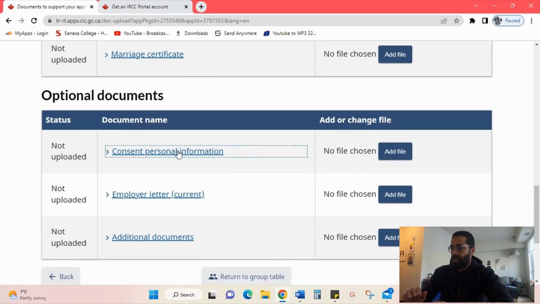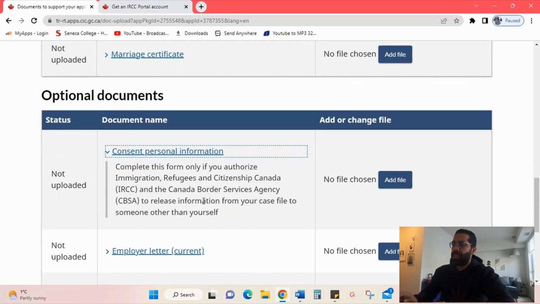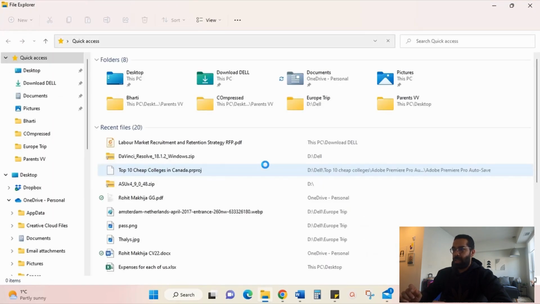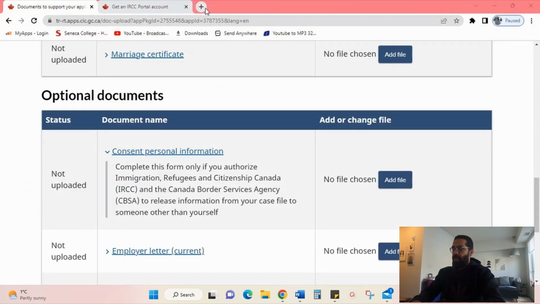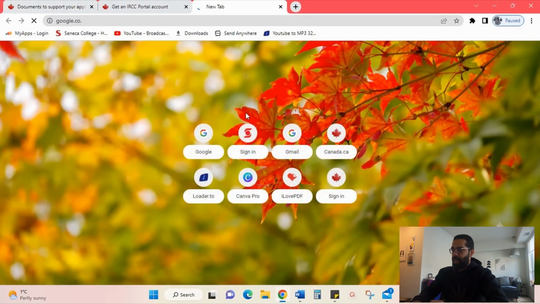Consent of personal information only applies if you are authorizing IRCC and Canada Border Services Agency to release information from your case file to someone other than yourself. Very important. They don't say what form this is, but I can actually show you what the consent of personal information form is. That form is known as